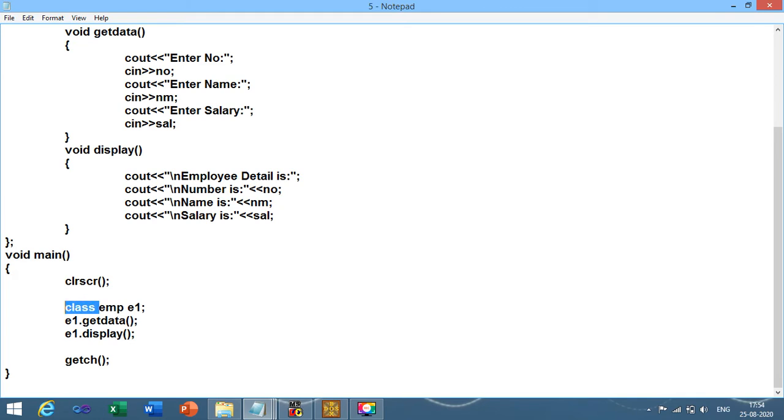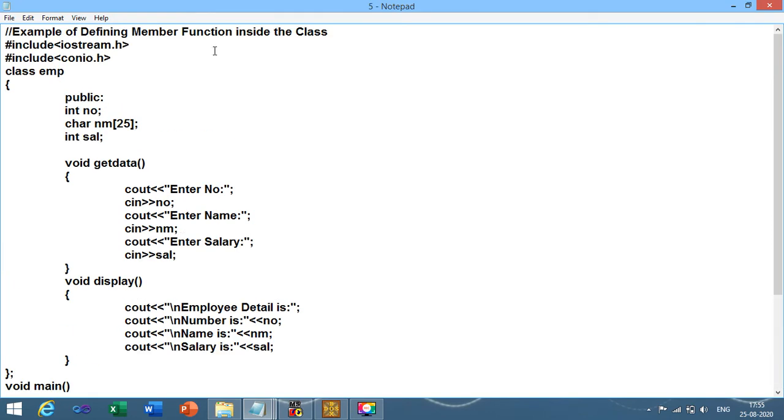It is not there in the syntax, so please remove it. You give the name of class and create the object of that class. With the help of the object of that class you are able to access the methods of that class, like e1.getData and e1.display. So this is called member function inside the class.